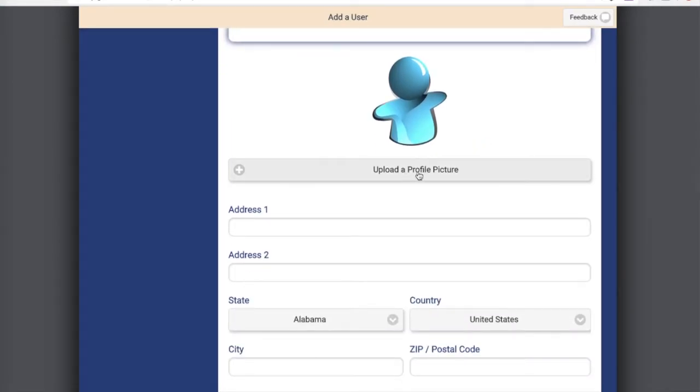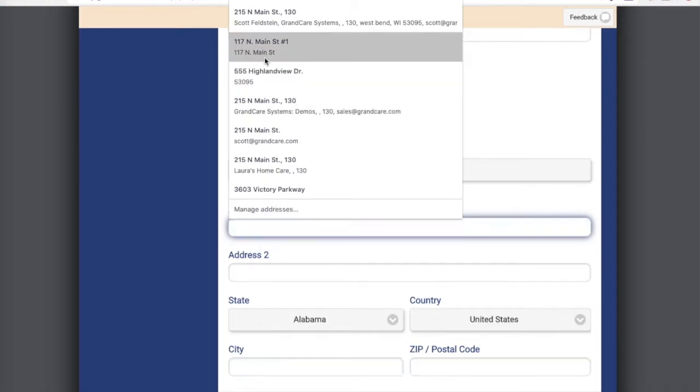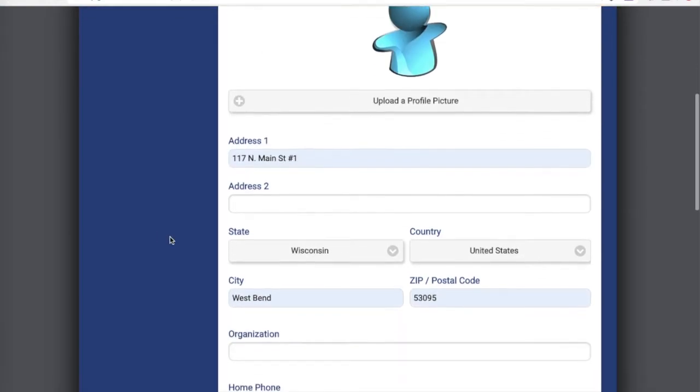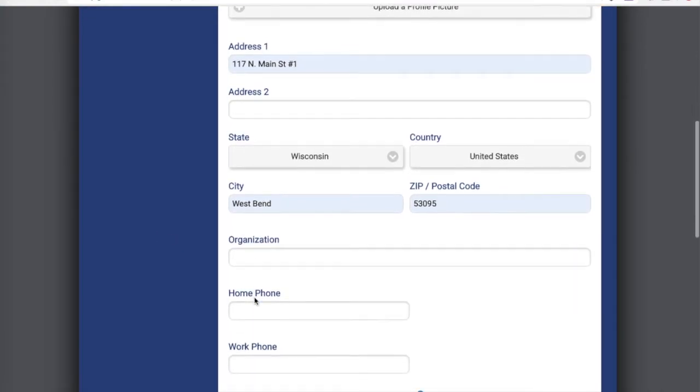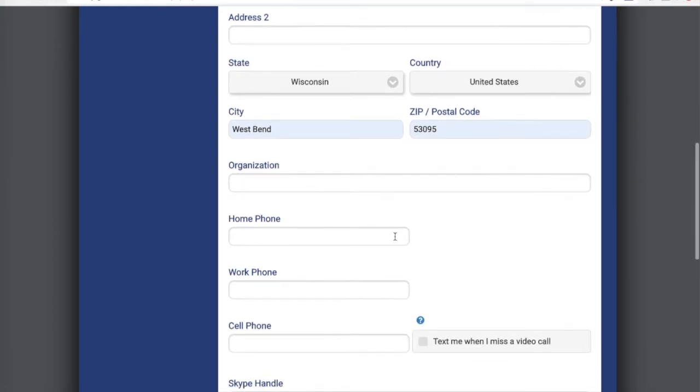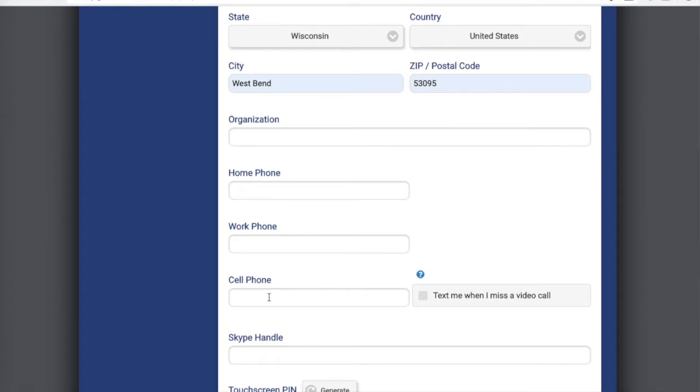If I had a picture of him, I could do that too, but I think I'll leave that up to him. And all the information that you have, you should definitely include. You're going to want to include as much information as you have. In this case, the address and the state and the postal code and all that sort of stuff. Now, if you know the cell phone number, you're definitely going to want to include that because